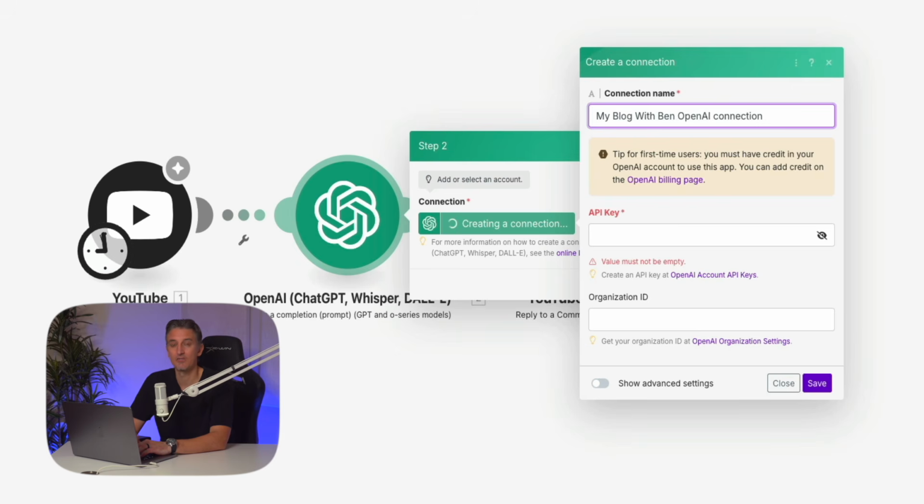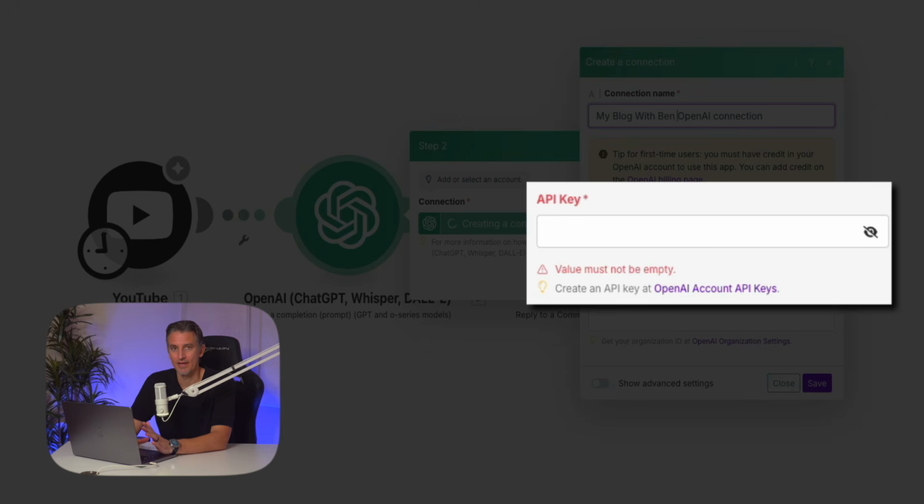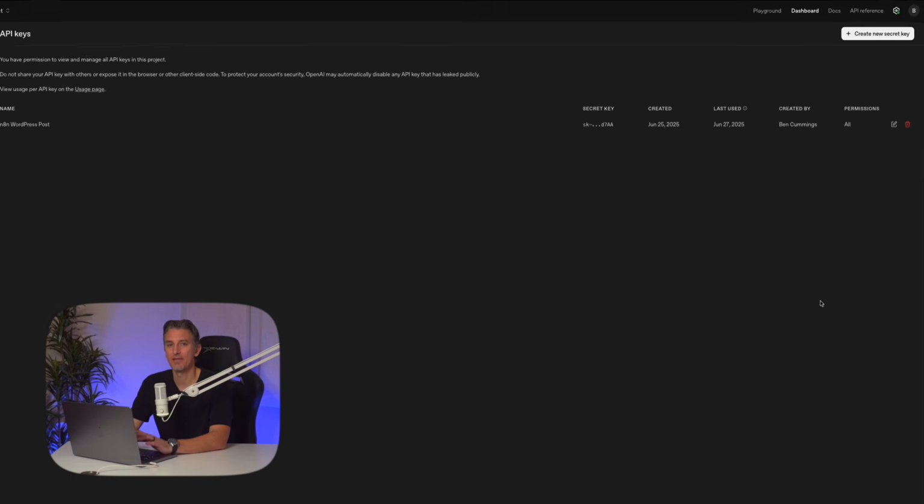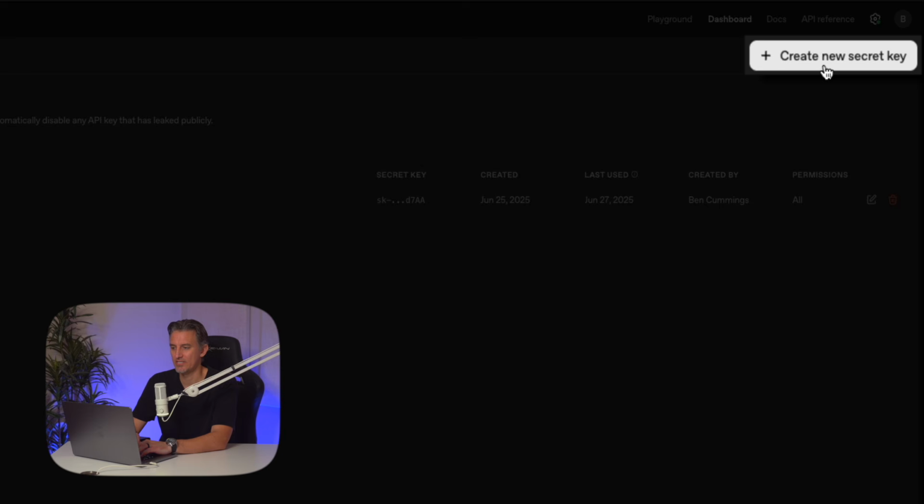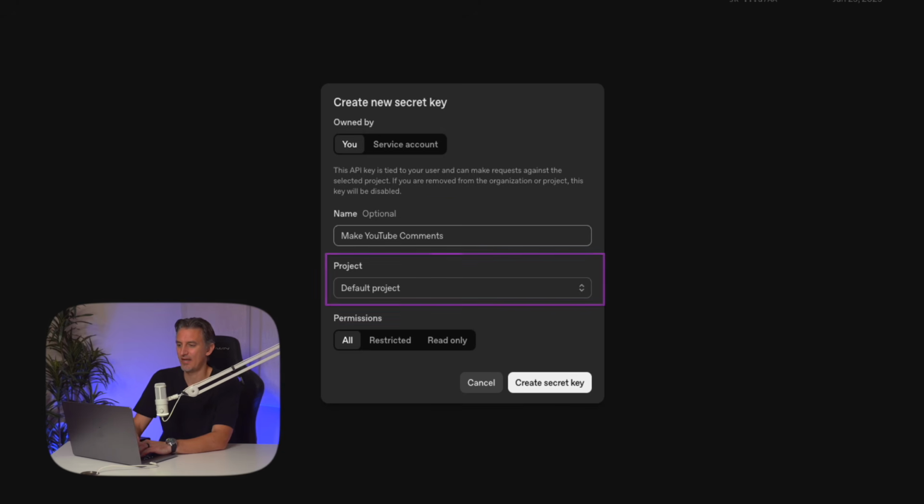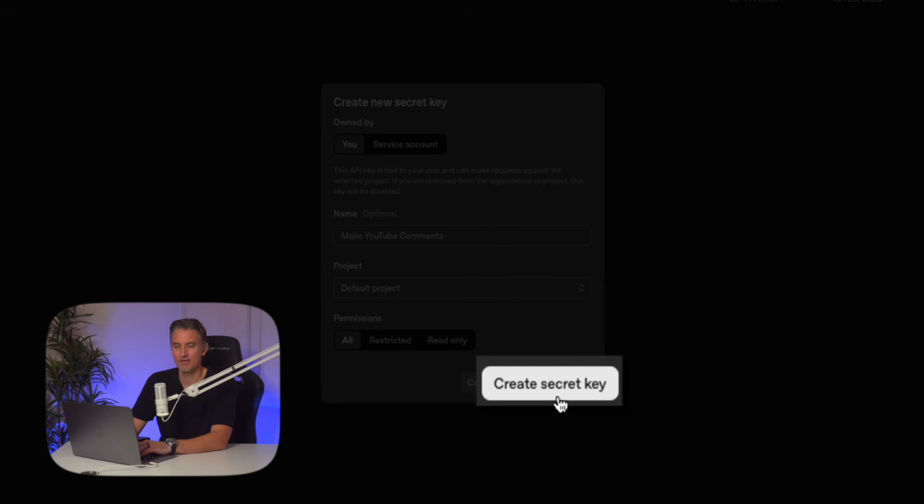All right, next you'll need to enter your API key from your OpenAI account. Now, if you don't have one yet, just click that little link labeled OpenAI Account API Keys, and it'll take you straight to your OpenAI dashboard. From here, click the button in the top right that says Create New Secret Key, and a window should pop up asking you to name the key, which can be anything descriptive, and then leave the project set to default project and the permissions on all, and then click the Create Secret Key button,